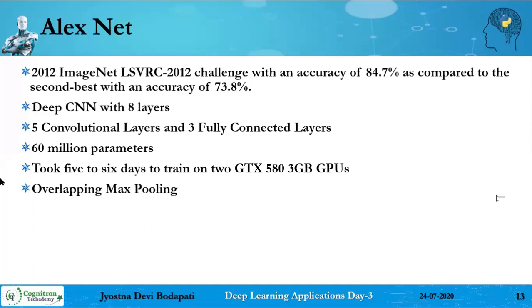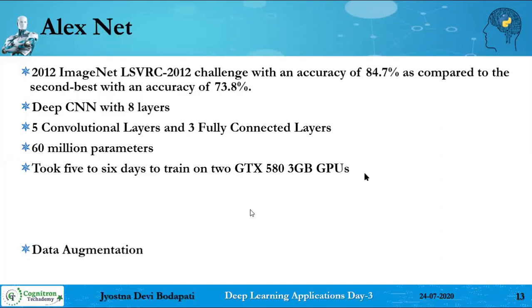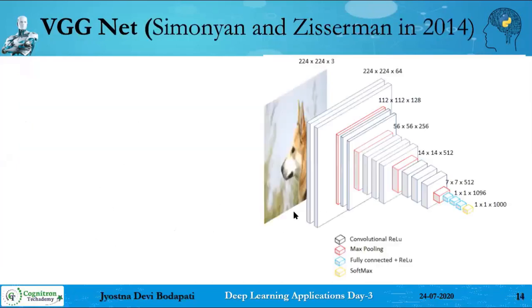What happened was, in this model, the overlapping max pooling layer was used. Earlier, we used non-overlapping. Then the ReLU nonlinearity was actually introduced at this point of time. Earlier, ReLU was not there. ReLU was introduced by Alex. And there was another thing, dropout, which was used to remove overfitting of your model. The dropout layer was introduced. And then the data augmentation techniques. When you do not have enough data, your model overfits. To avoid that, you can use data augmentation techniques. So all these things were introduced in AlexNet.